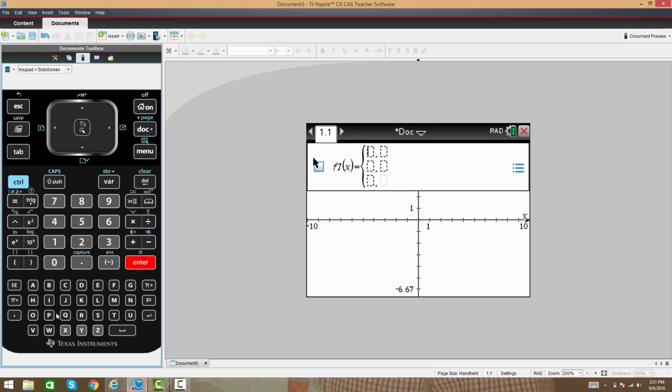So I'm going to go ahead and enter that function. It's x squared, and the easiest way to move around one of these templates is to hit the tab key. I hit the tab key and it moves me to the next logical box. So I'm going to put in x, and then I'm going to go control equals. Control equals brings up the inequality palette. So I'm going to use the less than, so when x is less than 0, the function is defined as